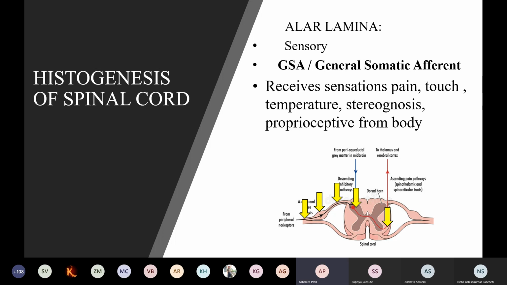So here again you can see this is the dorsal root ganglion. Its peripheral process is traversing through the spinal nerve. It brings the sensations towards the dorsal root ganglion, which acts as a first order neuron. Its central process goes towards the dorsal horn nuclei and relays there. They act as a second order neuron, and their axons now form these ascending tracts. So that is the general somatic afferent column.